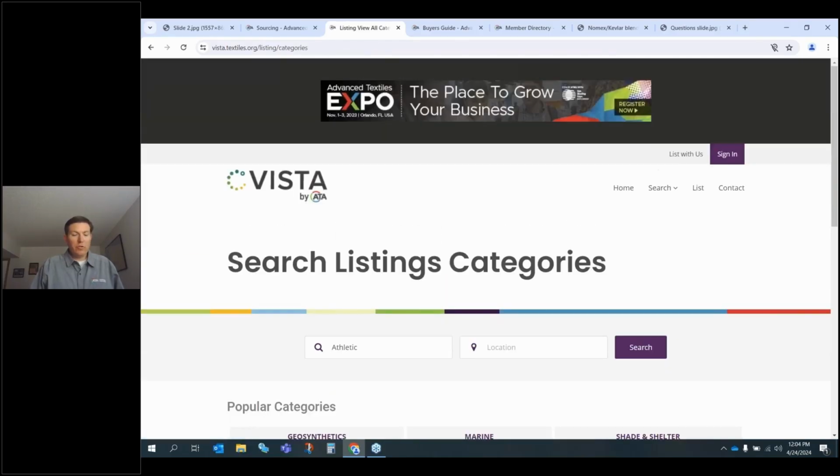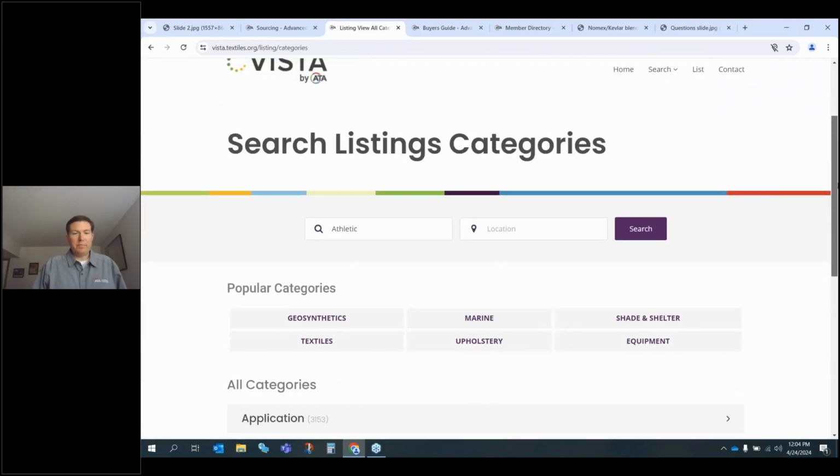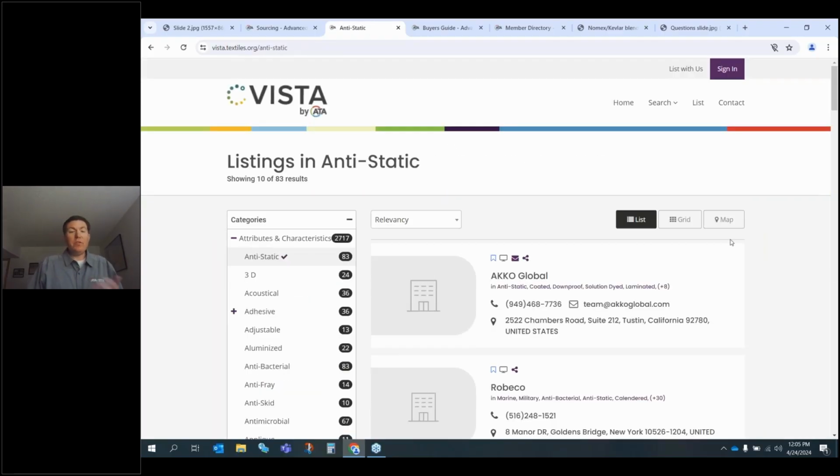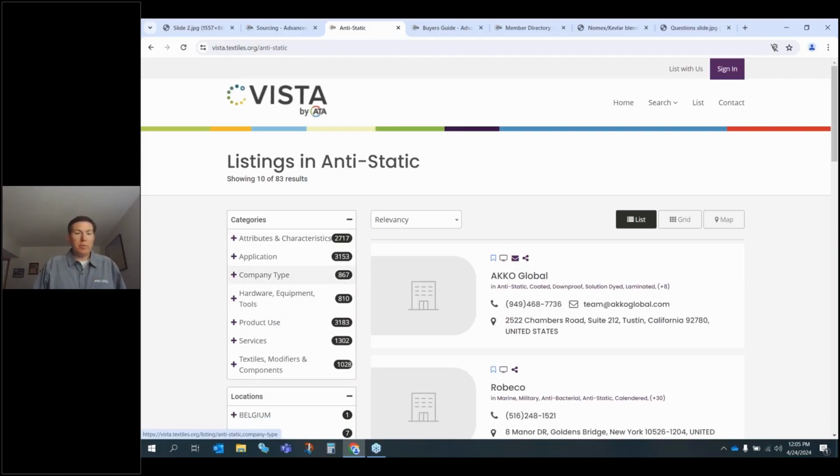If we go back to search, you can also search by characteristics of a product. Let's say I'm looking for an anti-static product. Type that in. And that, of course, then brings up a new set of results. You can take those results and sort them in other ways too. For example, combine them with other types of fabric. You can look at company type, hardware, how you would use the product, many different ways of looking at that. So if we go back to the search again,